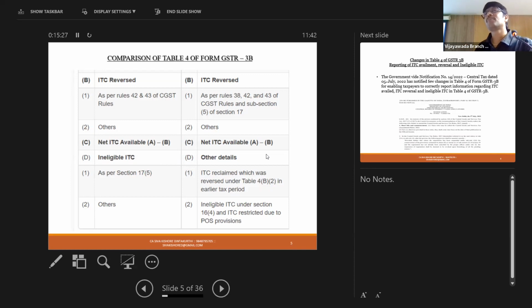Credit. Which form is preventing? Yeah, goods not received is the best kind of example. Non-payment within 180 days is also one of the points which triggers you to reverse the credit. But subsequent satisfaction of the conditions may again give you a chance to re-avail the credit. Am I right? But one condition,